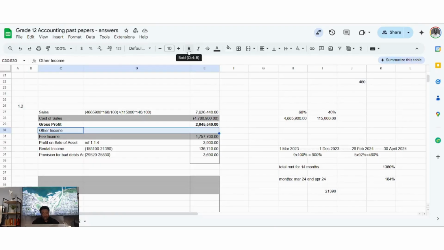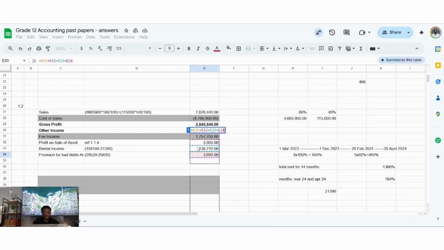So now we just need to add up our incomes. Now this is another method mark that's easy to get, because whatever incomes that you add, if you make up the right total, then you should be able to get your method mark here for other incomes, and there you go. Our other incomes work out to